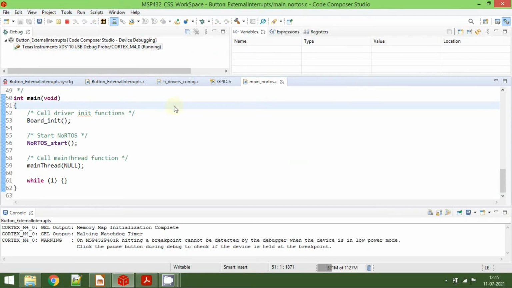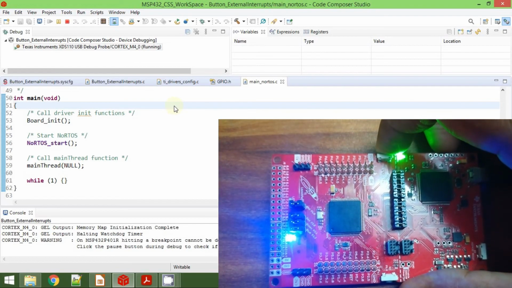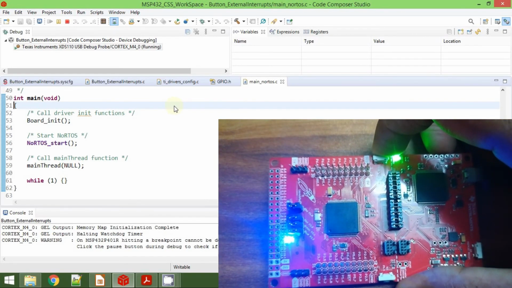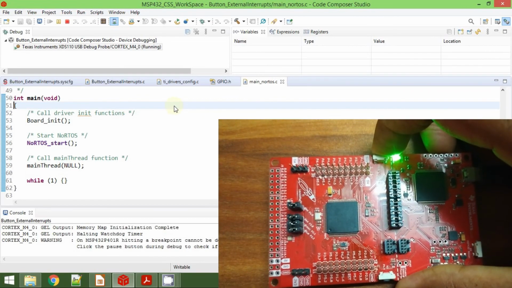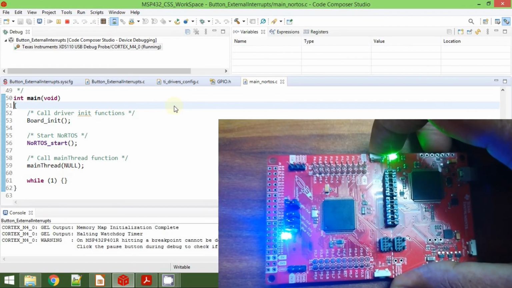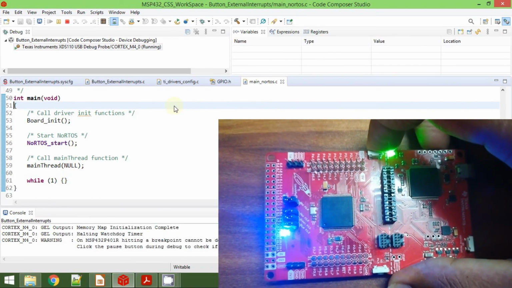Once the code is uploaded onto the board, you will be able to see that the mode selection is 0 because we haven't pressed any button. Now the onboard LED, that is the blue LED, will blink with a delay of 500 milliseconds. Press the button to turn off the LED, press the button again to turn on the LED, and press the button again to toggle the LED.